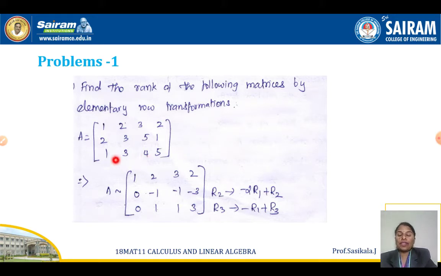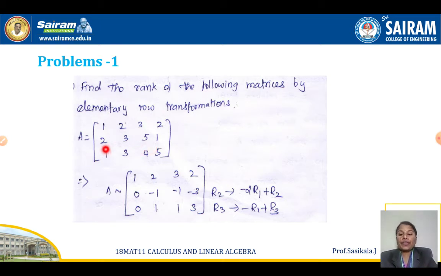Now when you are converting to echelon form, you should remember the conditions. First, make it 0 for the second row and third row first position, and the third row second position. These three you are going to make 0. Keep in mind that the zero row should be below the non-zero rows, and all non-zero rows' first entry must be 1. These two conditions you have to check at the end of the problem. Once you convert to echelon form, then easily we can find the rank of the matrix, isn't it?